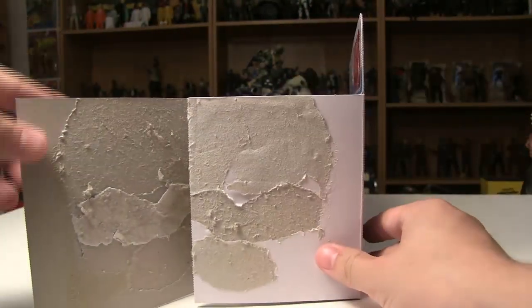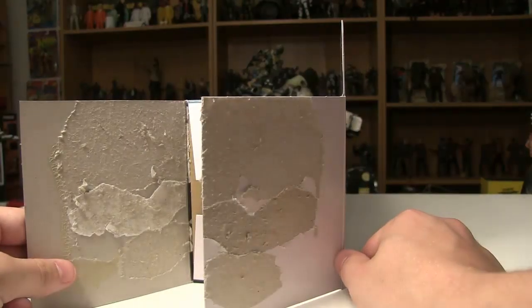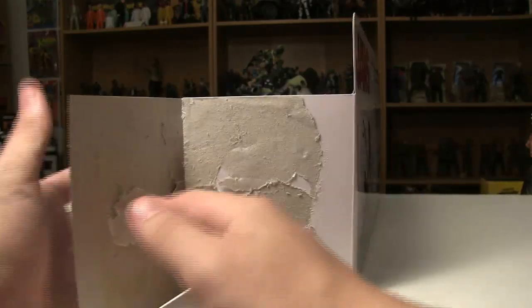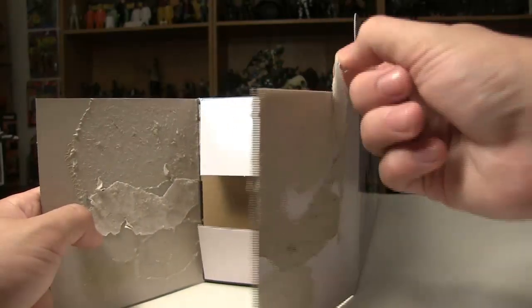Now, I must note that this is not a collector-friendly box. I don't know why ReAction did this, or Funko, whoever is in charge of making the boxes, but make it so that you could put them back in the box without consequences. You could tell that it's on this very, very light piece of cardboard, and you literally have to rip it off. I mean, I used a knife to kind of scrape it off, but as you could tell, it did not go the way that...